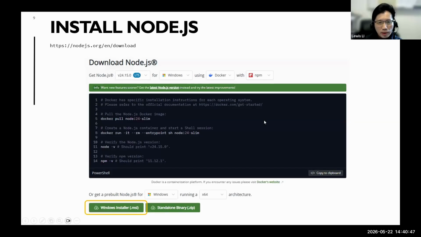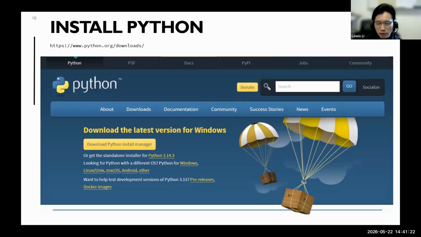Apart from Cursor, as I mentioned, you can install Node.js. This is the program you need particularly when you are running some MCP. Cursor itself may also use Node.js, the JavaScript runtime, to run some modules, so I also recommend installing Node.js. Just go to the website, download the program, and install it. It's not that difficult, just straightforward. Node.js is one of the tools you need to install. And also Python: if you want to write Python, you have to install the Python interpreter in order to run the program.